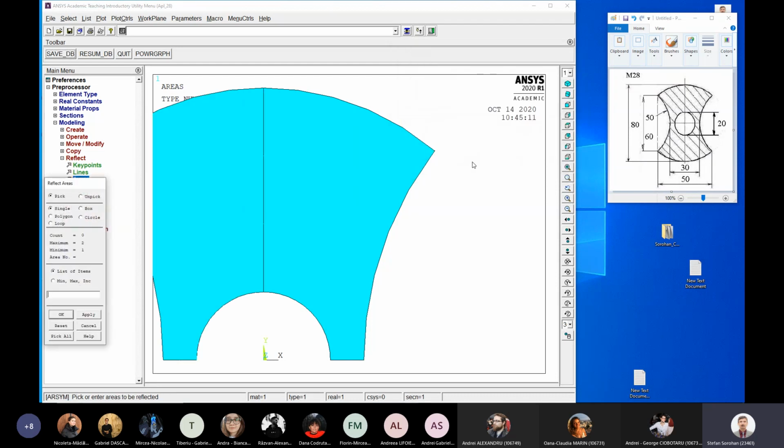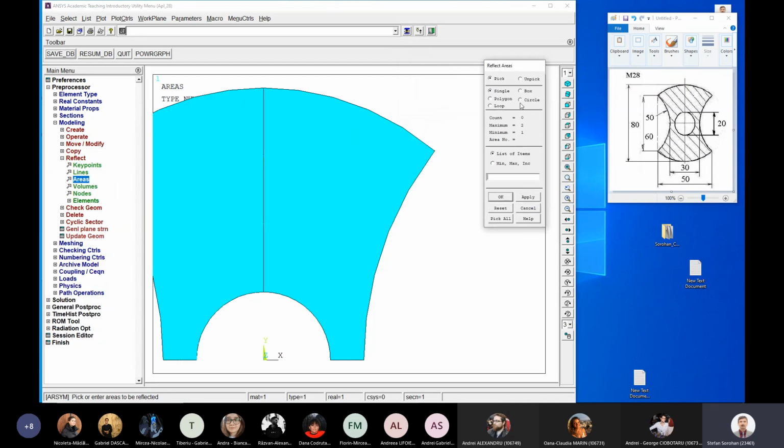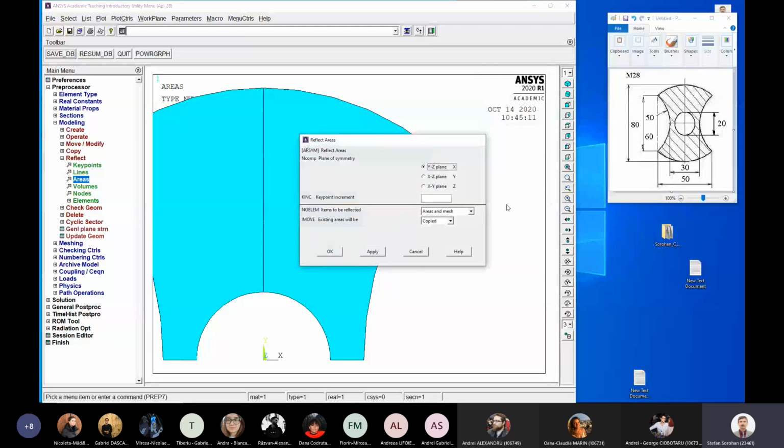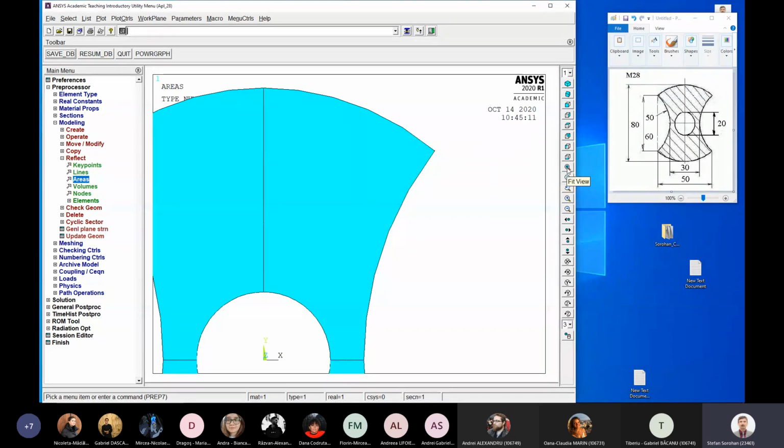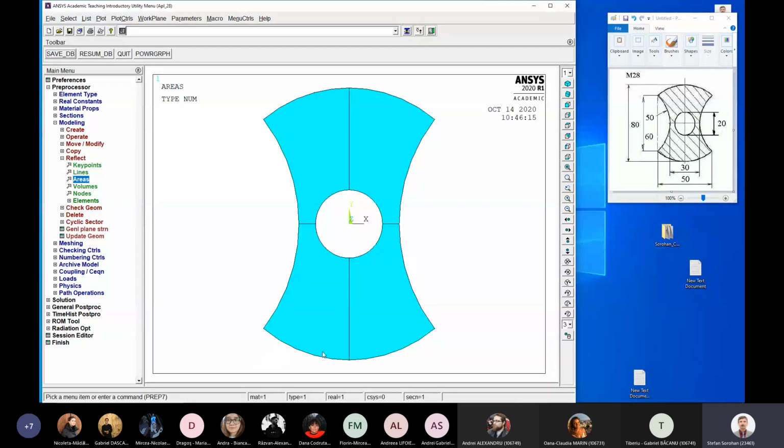Okay, apply, and now again I will use reflect for all areas according to the normal of the plane Y, and directly I will use OK, because if I use apply, the program will wait for a new reflect command. So OK, and let's use fit, and this is our complete cross section, which is built from